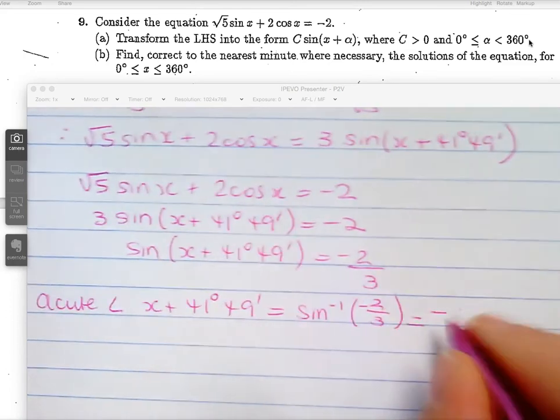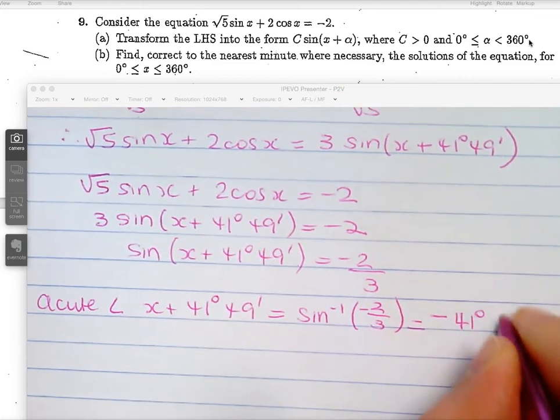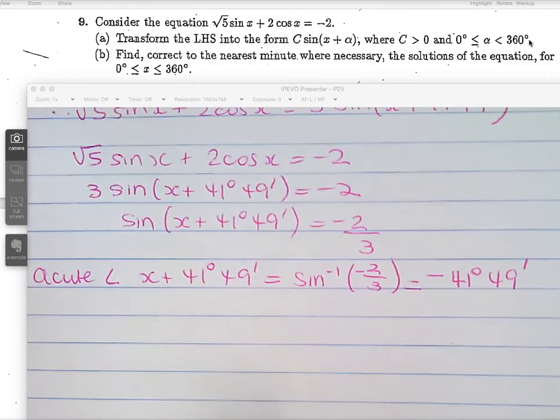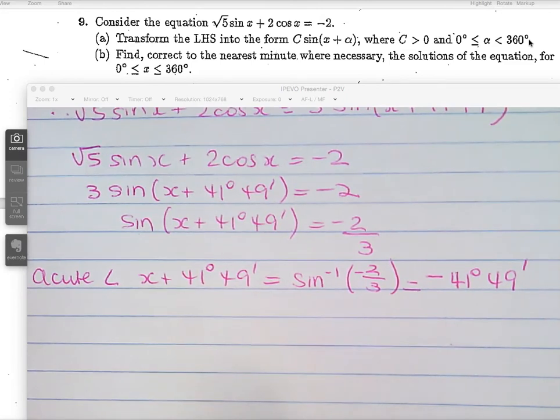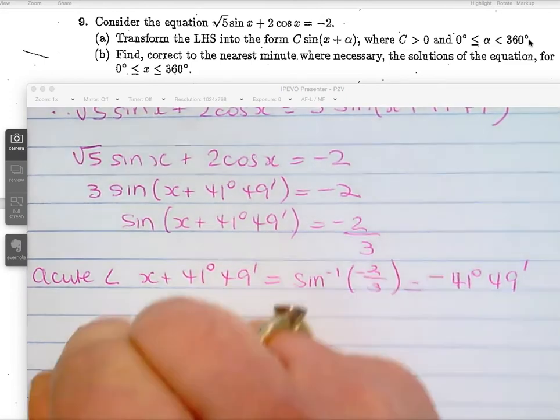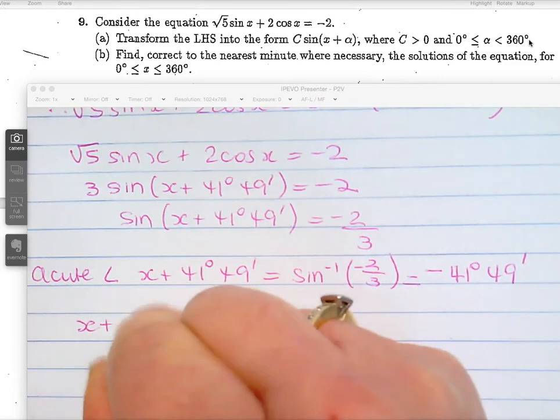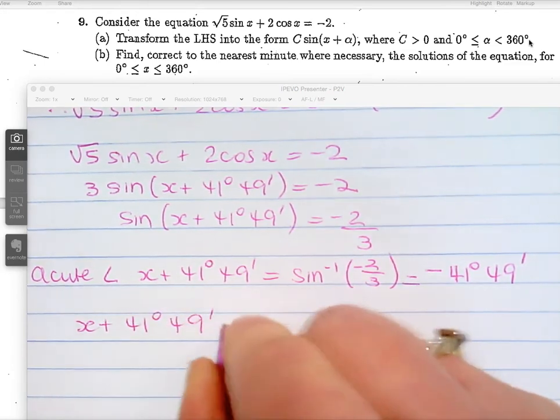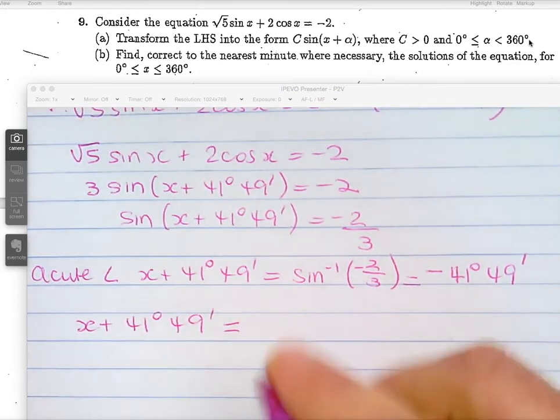Really, it's the same. Okay. Yeah, it's the same. All right. Oh, it's going to cancel. Oh, no, or it's going to double. No. All right, so therefore the general solution of x plus 41 degrees, 49 minutes, because we're doing sine, the